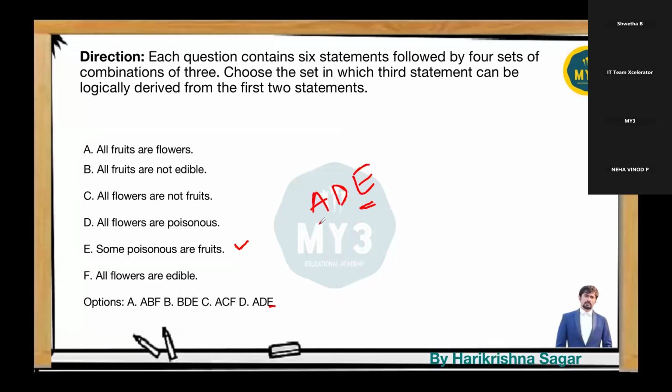Do A and D have the words poisonous and fruits? A has fruits and flowers, and D has flowers and poisonous. Fruits are flowers, flowers are poisonous, so some of the poisonous are going to be fruits. This is a proper conclusion. Hope that point is clear for you.